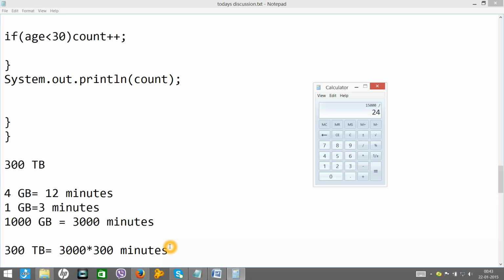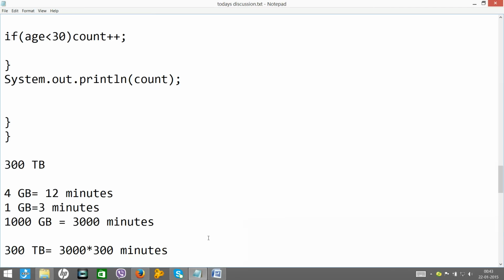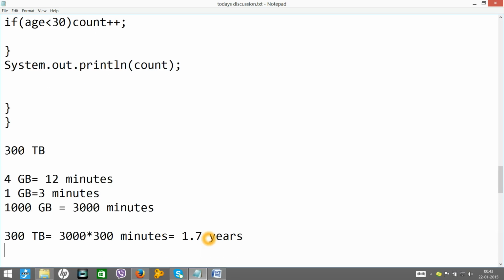By 24 you do, so it will take 625 days. By 365, so 1.7 years. Are you getting my point? So the conclusion is if the data is huge and you write a single Java program, it will take 1.7 years.